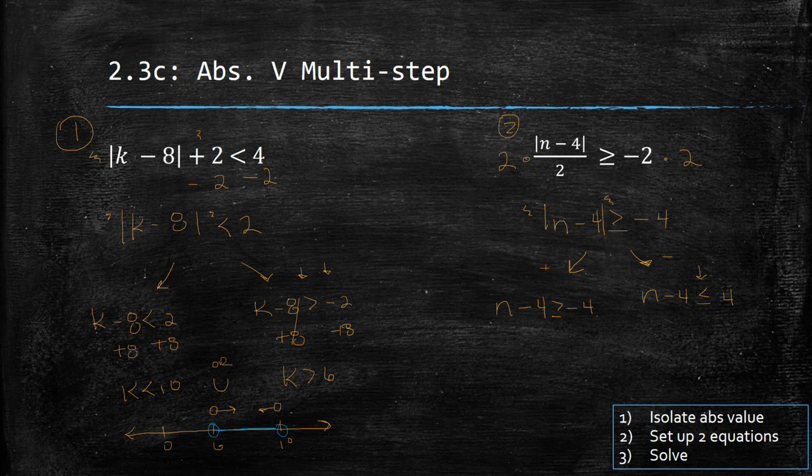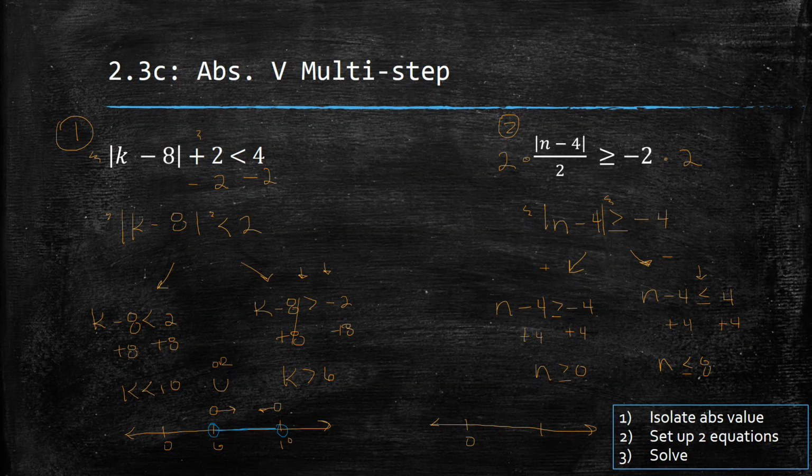Okay. So then we solve. Plus 4, plus 4. n is greater than or equal to 0 on the left, and n is less than or equal to 8 on the right. So when you graph your inequality,